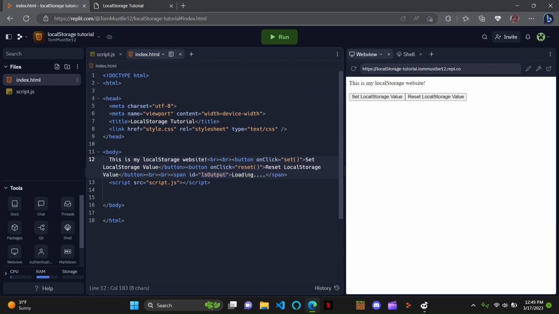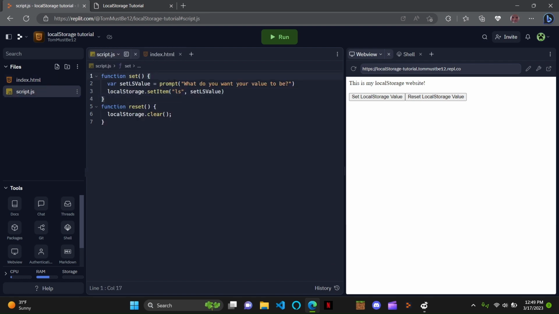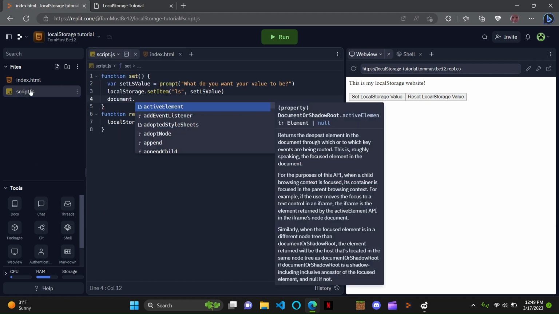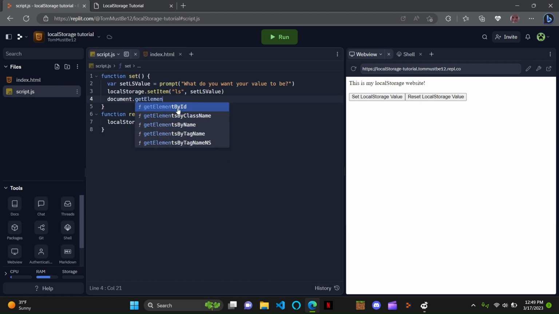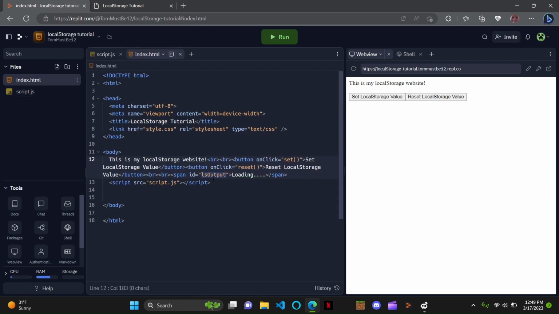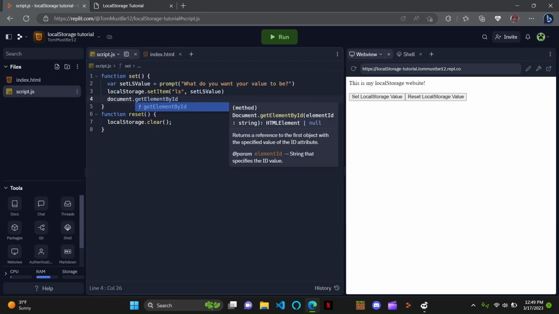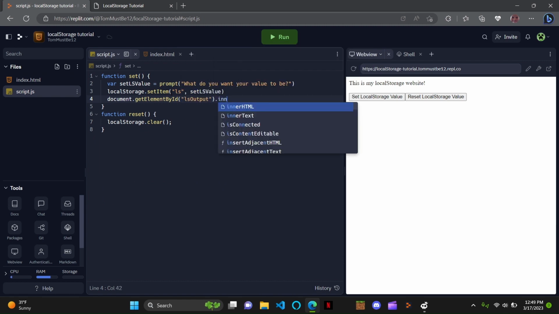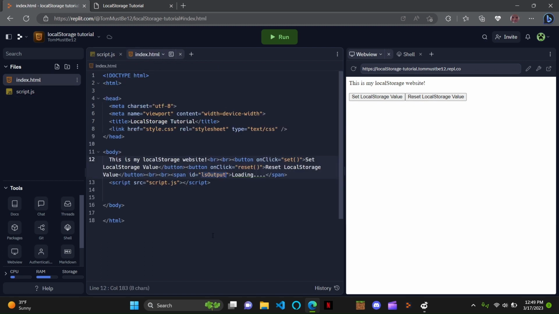So now this ls output, I'll copy that. So now we're going to do, after we set the value, we'll just set document. So this gets the document right here. It gets this whole entire thing. Then we're going to do get element by ID. So this gets an ID, and if you probably know where I'm going here, we're going to choose this with ID ls output. So inside here, we're just going to put ls output, and we can put inner HTML. So inner HTML defines what's inside of it,